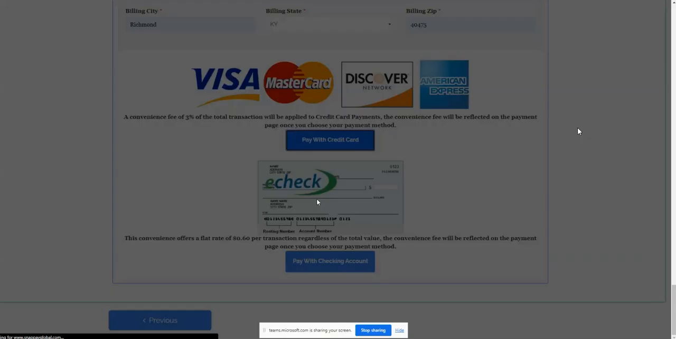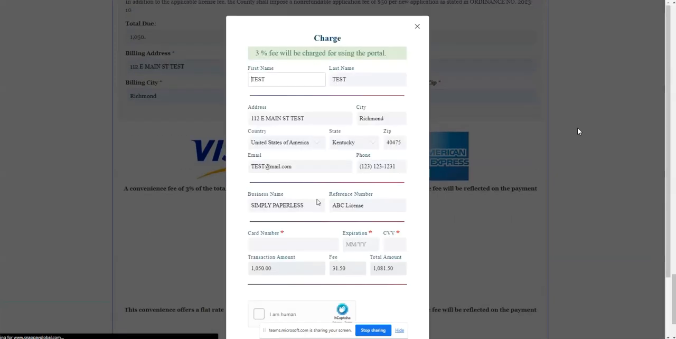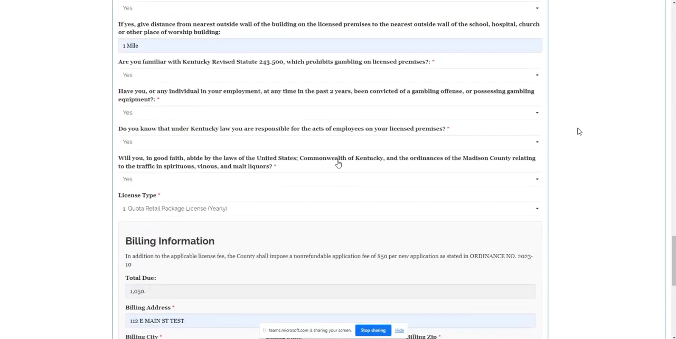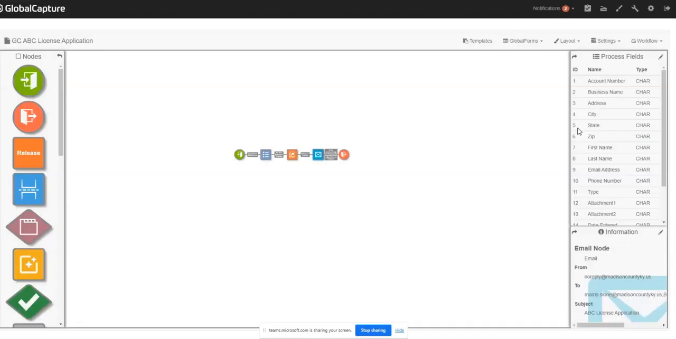Okay. Then obviously credit card and e-check, and obviously I'm not going to pay $1,000. So once this is submitted, that goes to our capture workflow. Now this is just the application. It's just a simple workflow. It goes to our